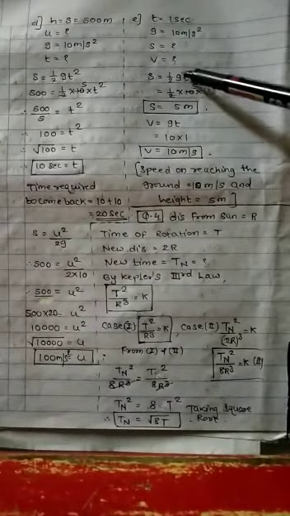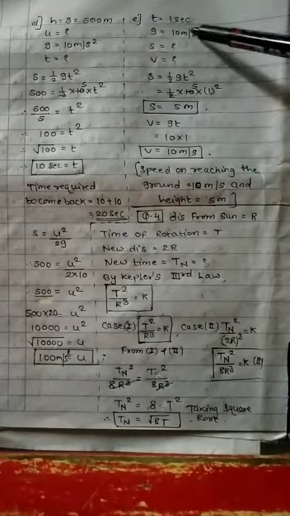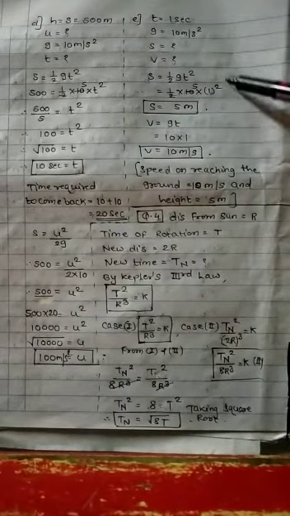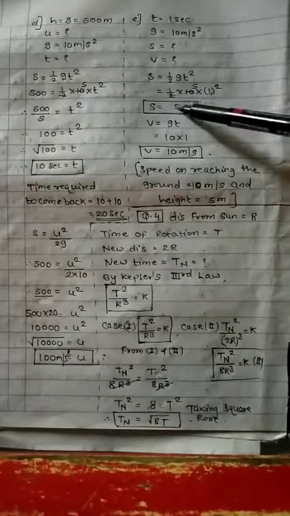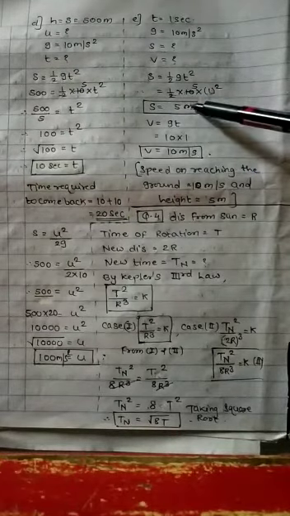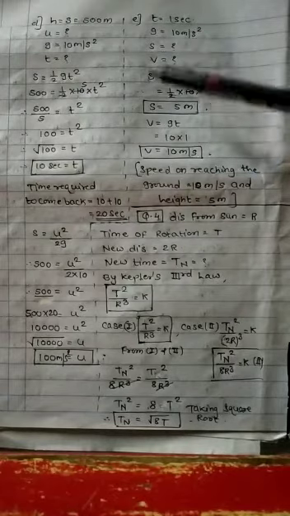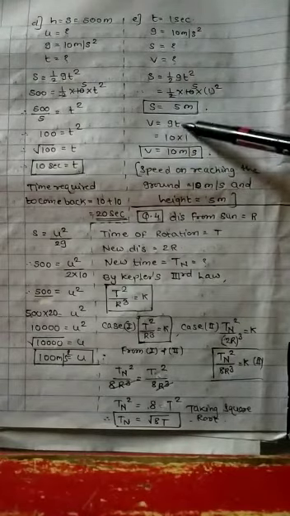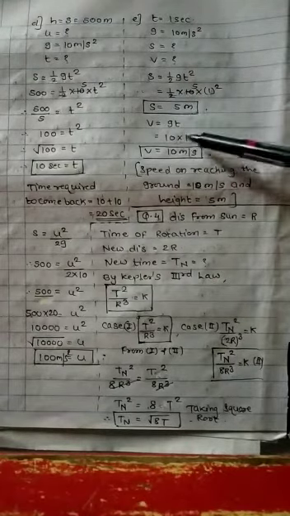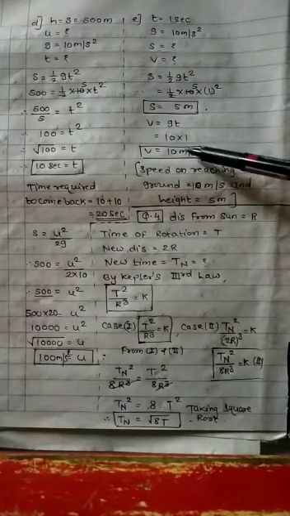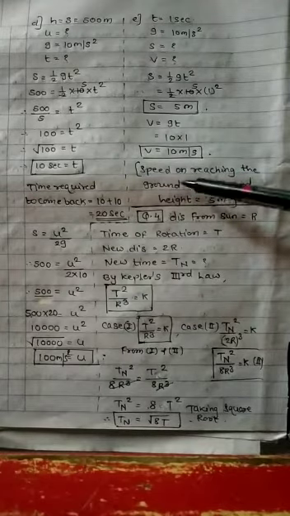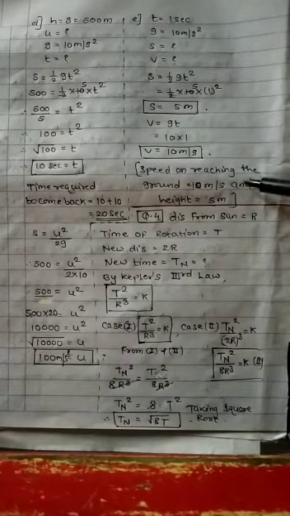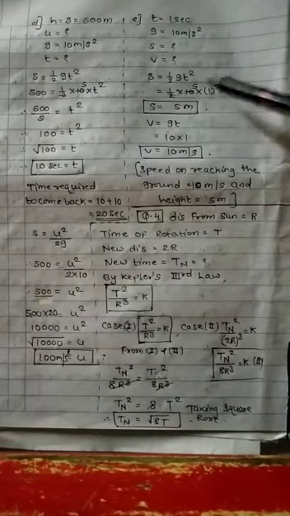So here again this formula you have to use. S is equal to half gt square. Half into g is your 10, t is your 1 square. 1 square is as it is 1. 2 5s are 10. So s is equal to 5 meter. Height is in meter, so 5 meter. Then for v, again you have to use the simple formula, that is gt. 10 into 1, that is 10 meter per second is your speed, that is v. So speed on reaching the ground is 10 meter per second, and the height is 5 meter.